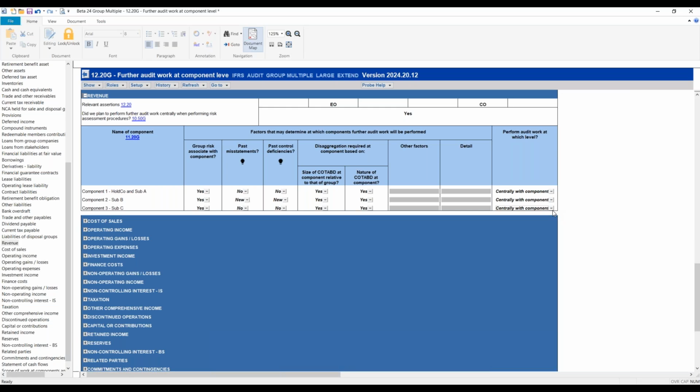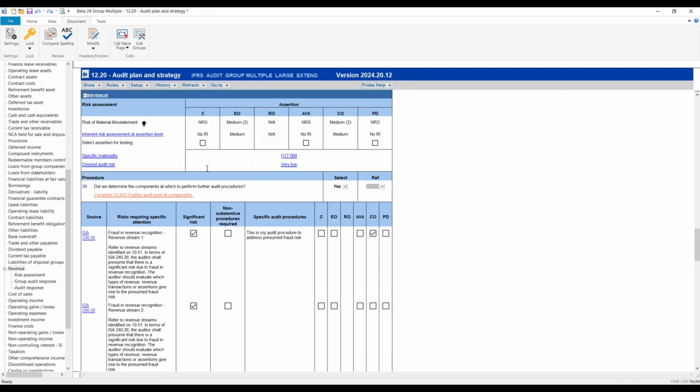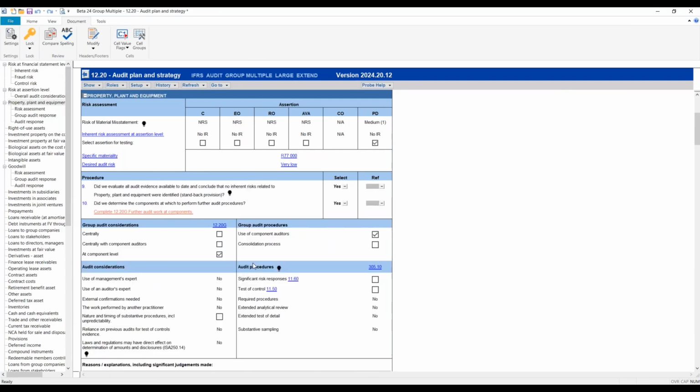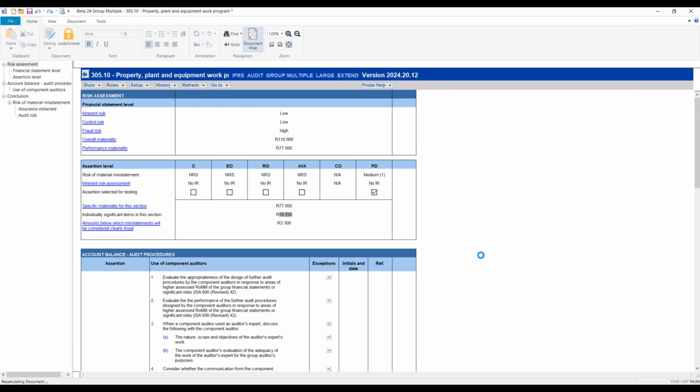That's 1220G. And then from there, we go to the work programs. So I'm actually just quickly going to go back to 1220 so that we can get the nice quick links there for the work programs. Property, plant and equipment. You'll remember we said we've got use of component auditors. We've got work at component auditor level. So my expectation is that there shouldn't really be much, if any, work in the work program for property, plant and equipment. So having a look there at 30510, which is the property, plant and equipment work program